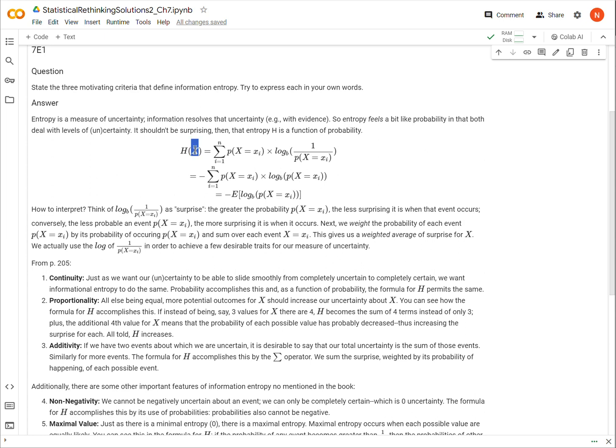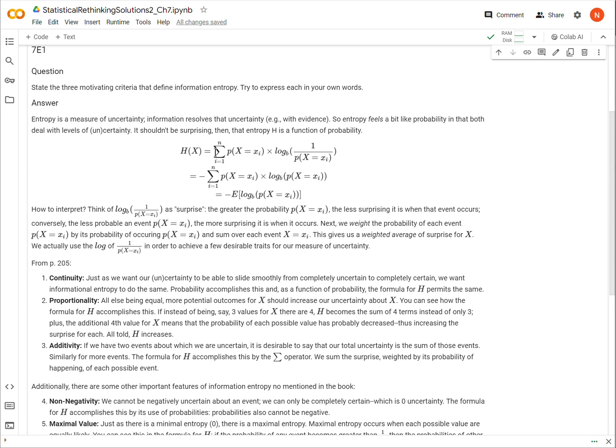For a variable x, how surprised are we going to be as we look at the different values of x come up? Okay, and that's all that it is. Now, finally, the logarithm here. When we get into the desirable qualities of our measure of uncertainty or of entropy, the logarithm helps us accomplish a bunch of those things. So we'll just think about it as a little bit of an ornament for right now.